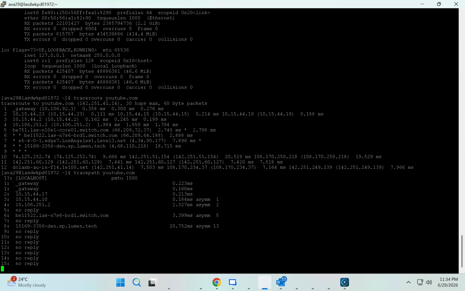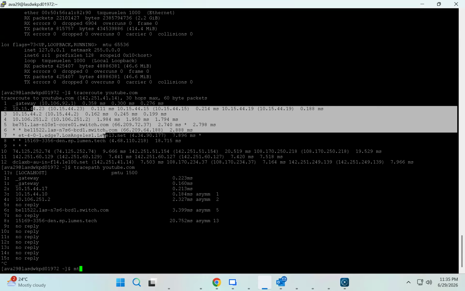And then we have the MTR command. It is a combination of both traceroute and ping. Traceroute's task is to show you the IP addresses where your packet traveled, and ping tries to connect. So when I do mtr youtube,